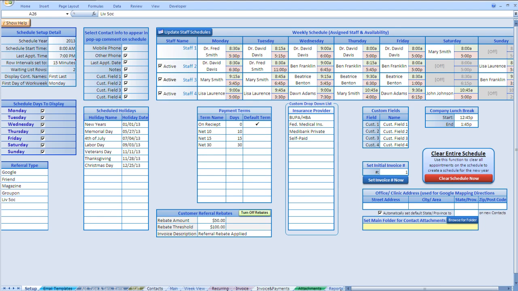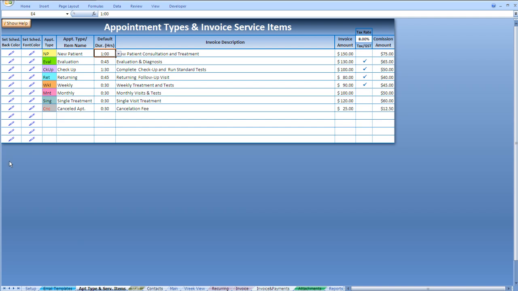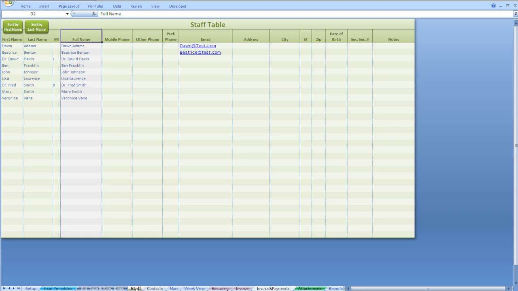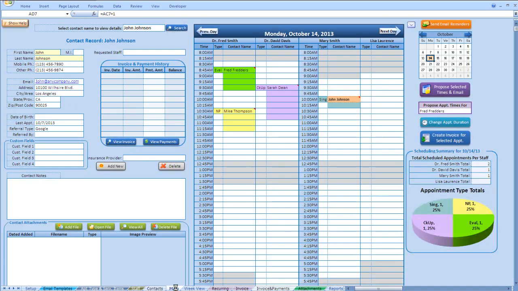This application is comprised of 12 separate screens, including this one, the setup screen. Next, we have an email template screen, which holds 6 email templates. Then we have the appointment types and invoice service items, as well as a staff information page, which holds all of the staff information. And we have then a contact list holding all of the contact data and details,